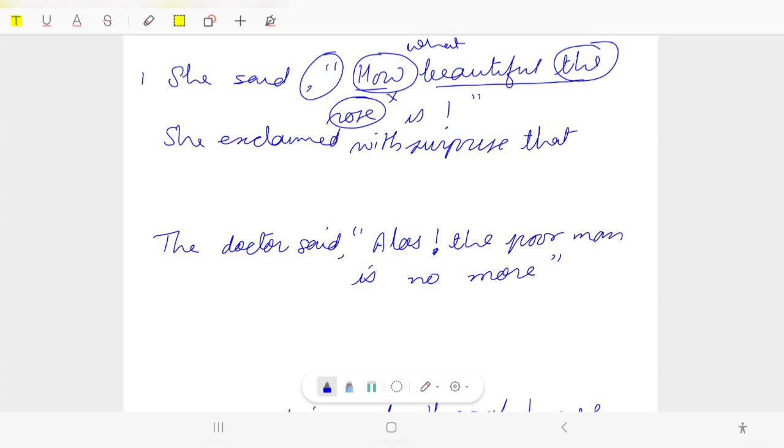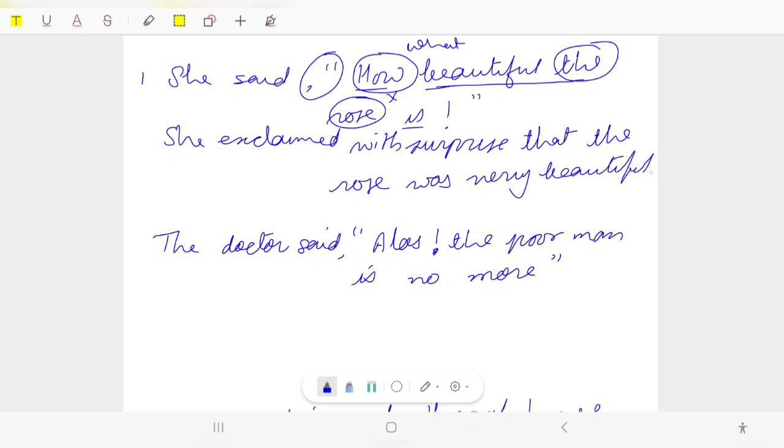Now write the noun or subject, the rose. Change the tense. Is, am, are will be changed to was, were. The rose was. Now see where is the adjective. Add very just before that: the rose was very